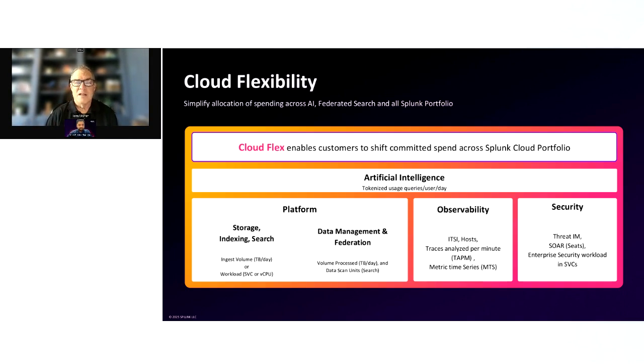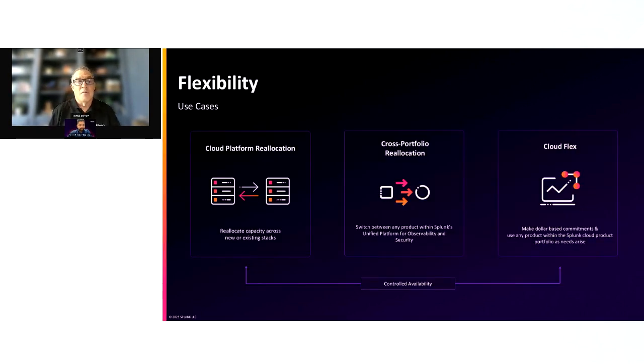And what Cloud Flex does is it allows you to, as your initiatives and priorities change, and you need new solutions or different solutions or prioritize other solutions, you can move dollars amongst the portfolio to where you need it. And so some examples of this is where you might have a cloud platform reallocation, where you're moving across existing stacks, cross-portfolio reallocation, again, moving between Splunk Unified Platform, observability, security,